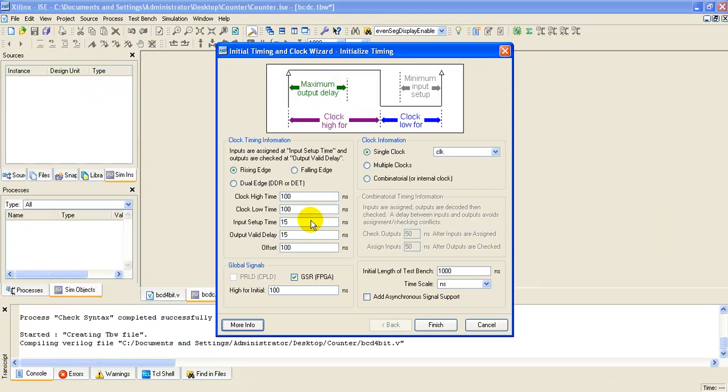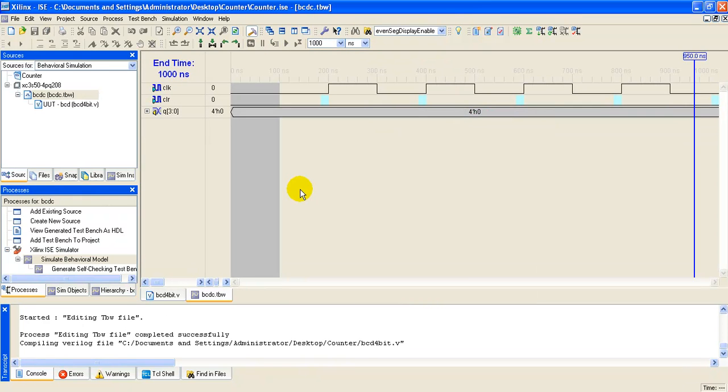Here we get a window asking whether to select the rising edge clock or the falling edge clock. Since we have used the positive edge clock, we have to select the rising edge clock. For the clock options, we have single clock, multiple clock and combinational clock. Please select the single clock and press finish. This is the test bench waveform we have created.